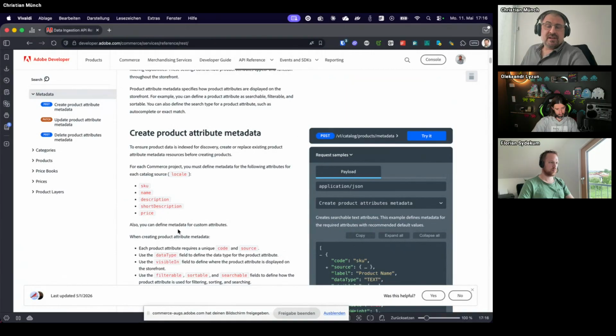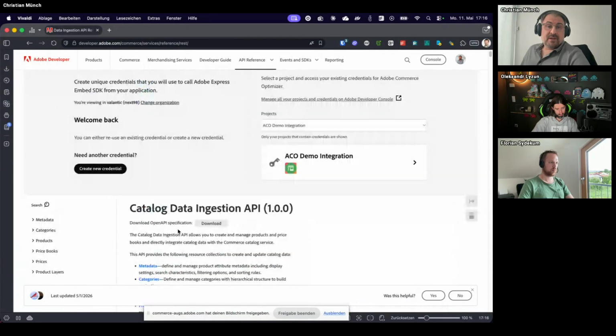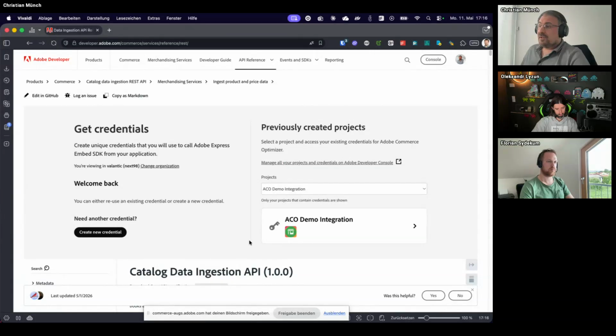To start, we need an API key, and gladly, Adobe made this really easy. There's this on the top. If you are logged in, like me now, you have the tool here. It's a wizard embedded in the documentation where you can create the credentials. I already did that.